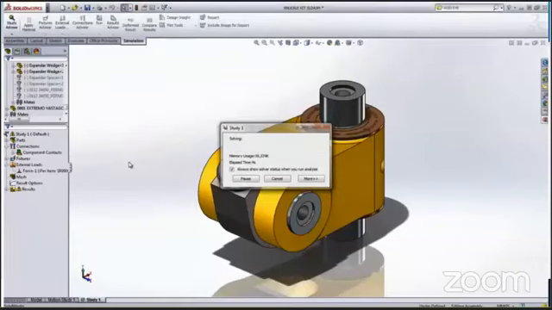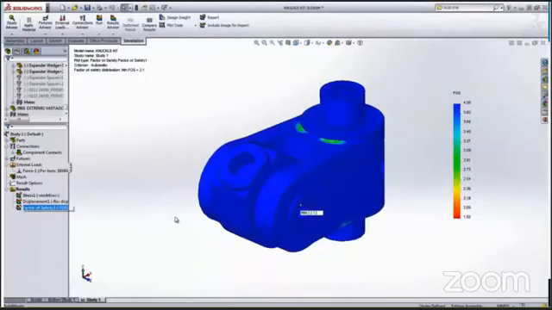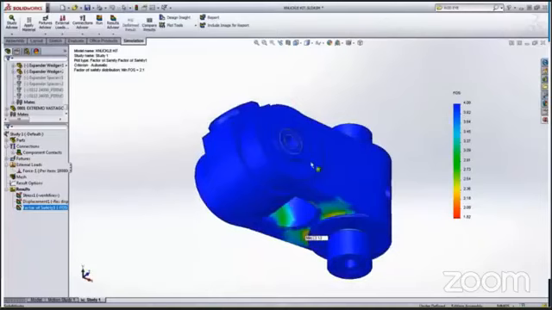Let's do it again, solving and seeing the results. So you can see the improvement in the stresses and also the factor of safety.